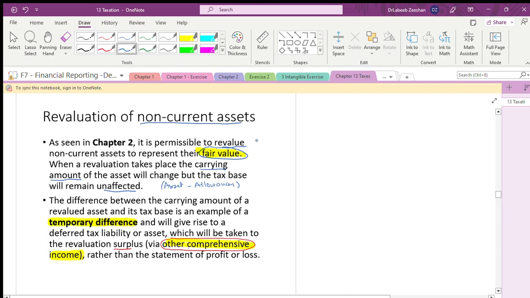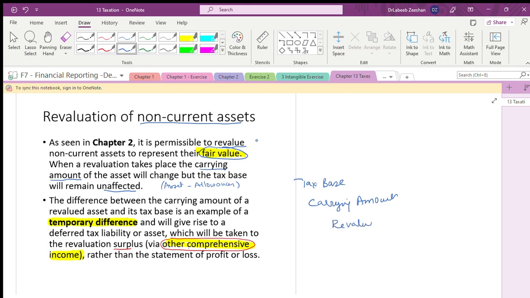Here we are adding three different elements. The first one is the tax base, the second one is the carrying amount, and the third one is the revalued amount. Whenever there is a difference between the carrying amount and the revalued amount,